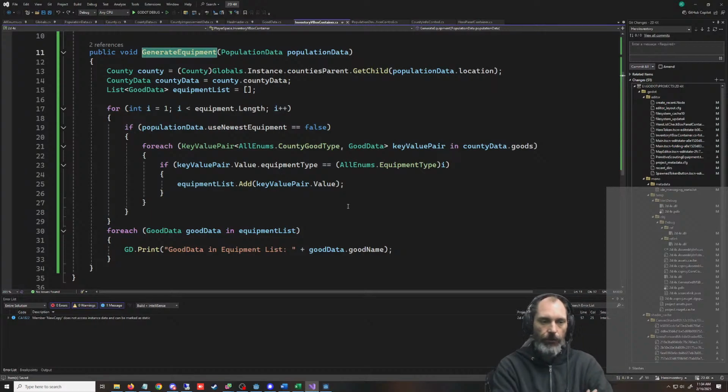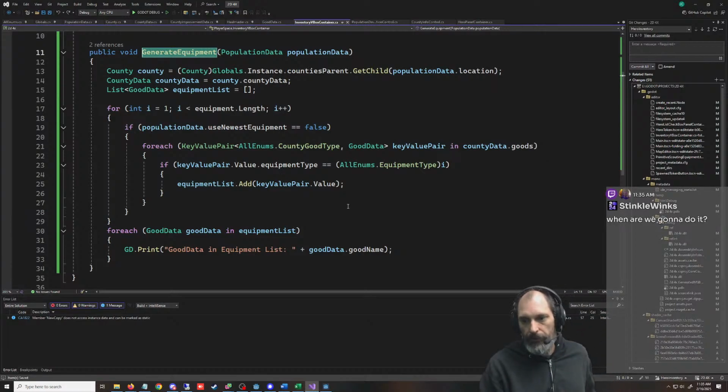Huh. I haven't thought this through at all. They need to use one of the equipment items. It needs to actually generate the equipment. Yeah, I didn't think this through at all. What I'm doing is not, we don't need to do this. I mean, we need to do it, but not here. So basically, what we need to do is, when a hero is generated, we need to set this at some sort of.